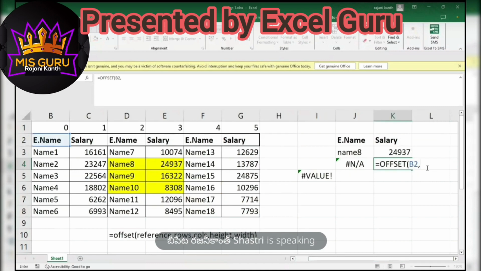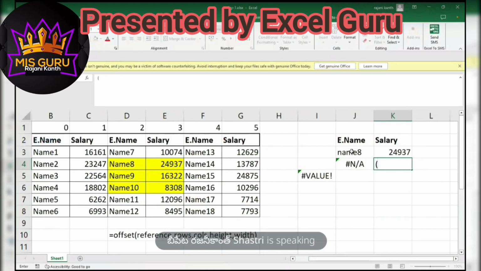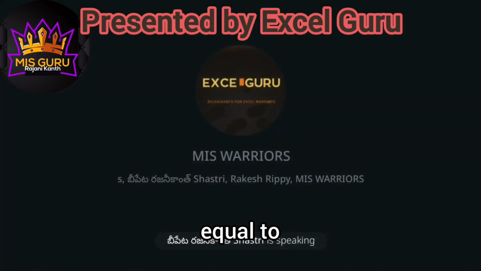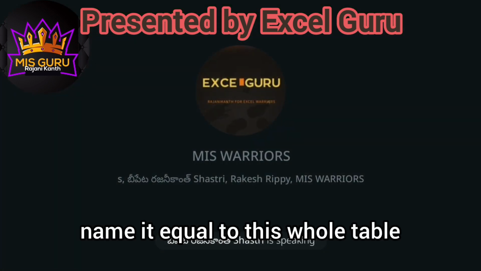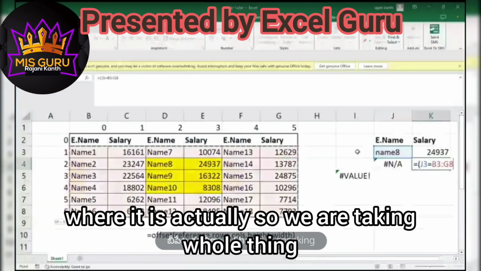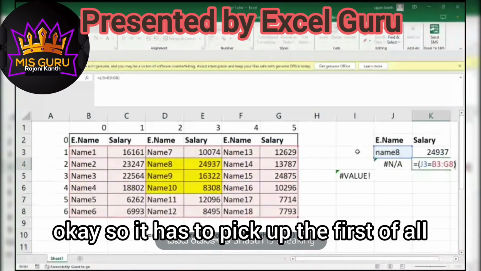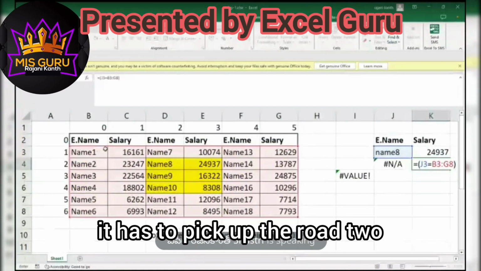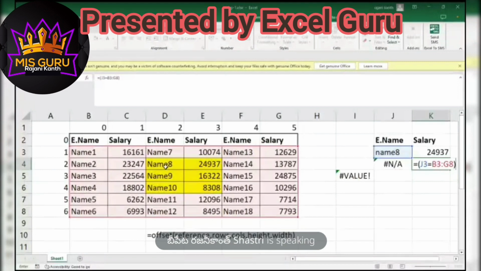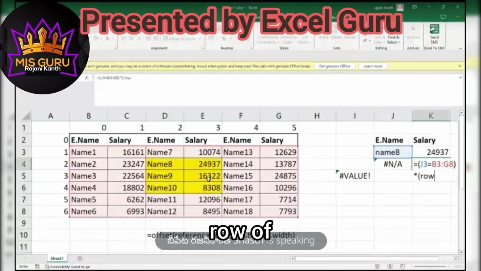Now I will show you like this. Name it equal to this whole table, because we don't know where it actually is, so we are taking the whole thing. First of all it has to pick up row 2. Let's check whether it is picking row 2 or not. Row of whole table